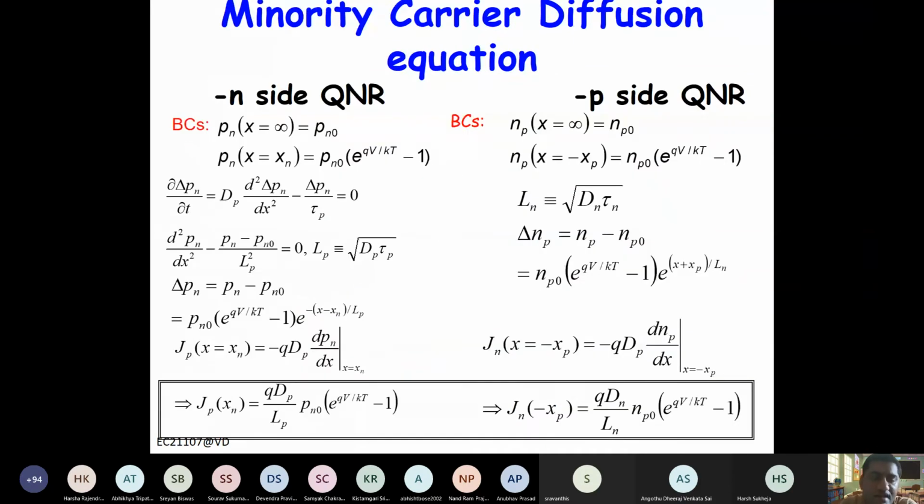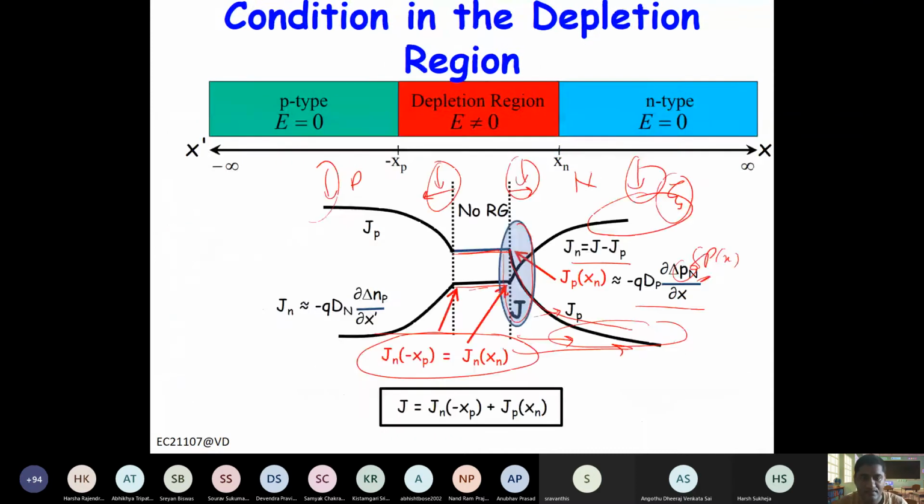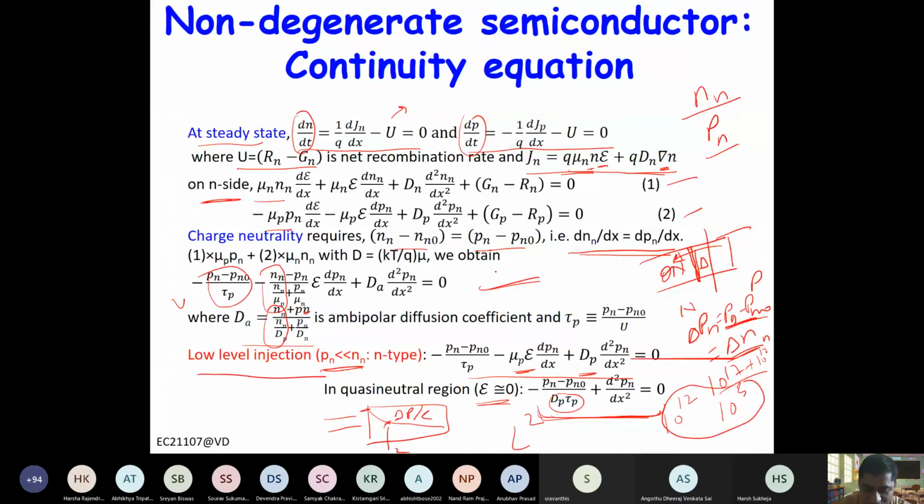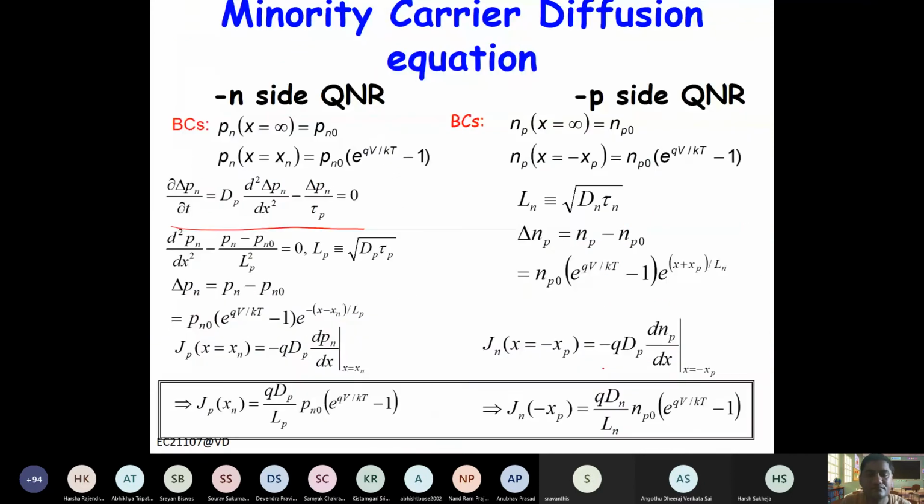So you can recall the minority carrier diffusion equation, right? It is the same equation, right? See here. You obtained it here, right? It's the same equation. So if you remove the field here, as it is negligible, then this is d squared delta p by dx squared equals delta p by D tau, right? So of course your diffusion length can be defined as root of D tau, where D is the diffusion coefficient, and tau is the minority carrier lifetime.